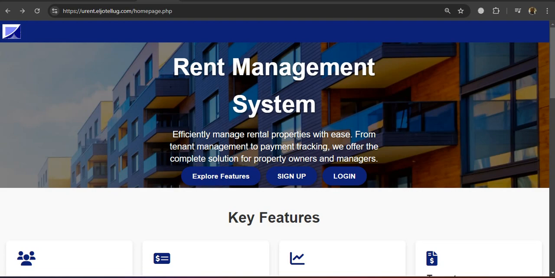So welcome to Urent property management system. This is a software solution that has been designed to handle all complexity to do with the manual process of managing the tenant's business. So the software is accessed online, and in order to access it, you need